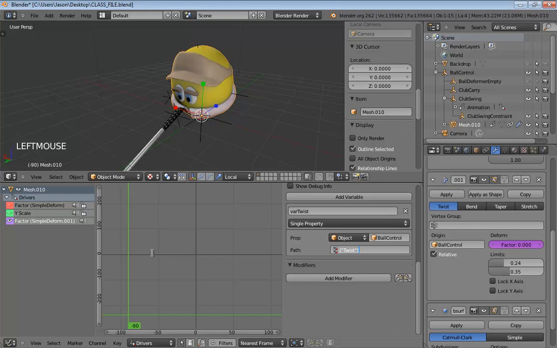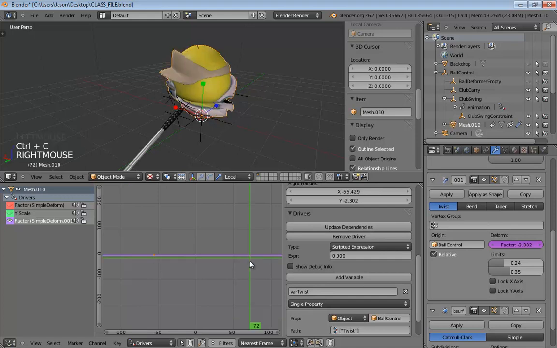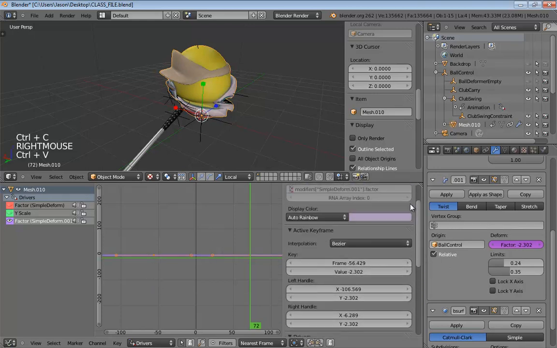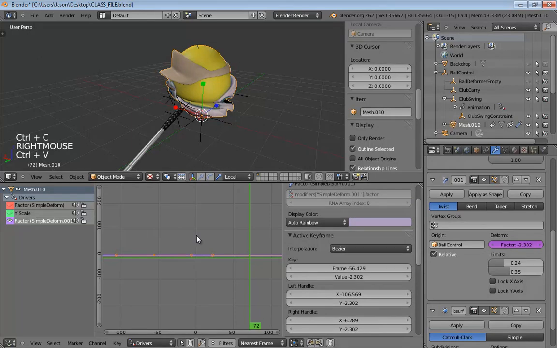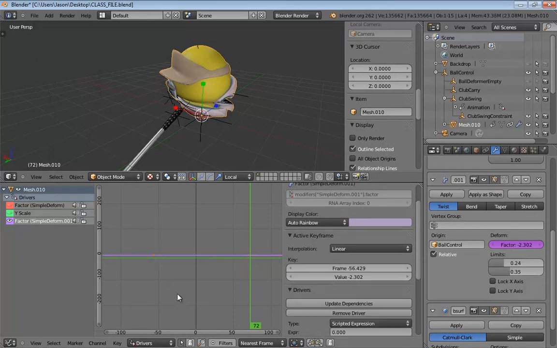So I'll go ahead and drop down a keyframe. And what I'm going to do is select that, hit Control-C, right-click, and paste again. That'll give me two different keyframes. I'm doing all the work together. I'll grab both of those. Earlier, you saw me select the keys and change their interpolation mode over here. You can also do this by tapping the T key. So we'll set those over to linear, like so.